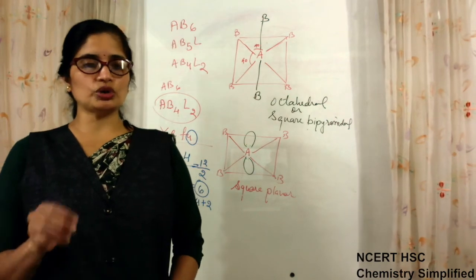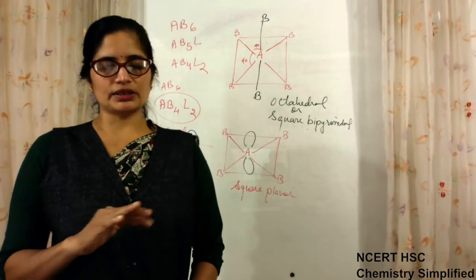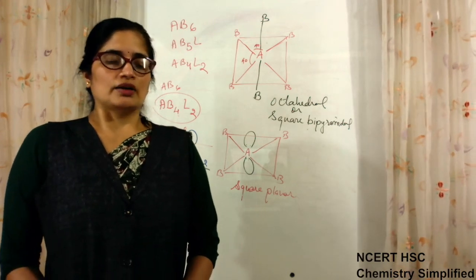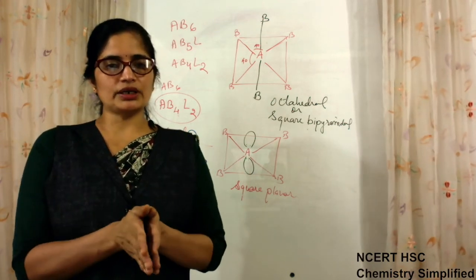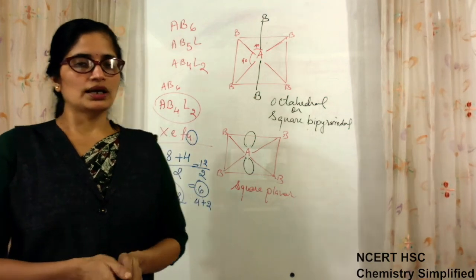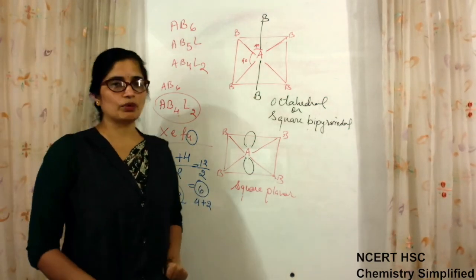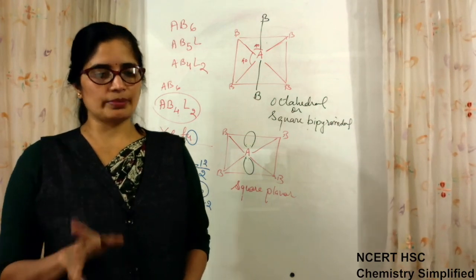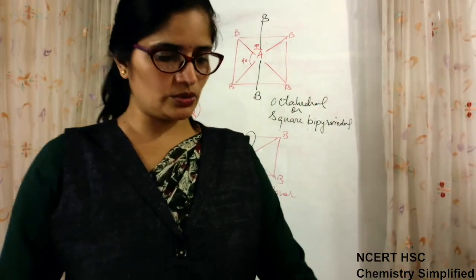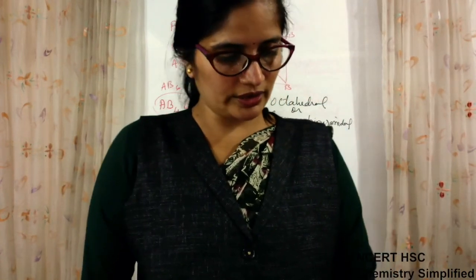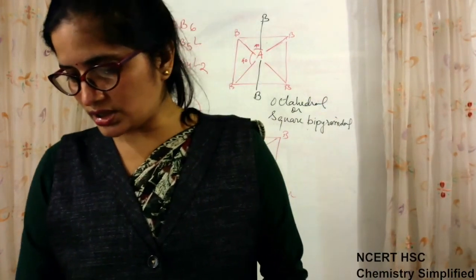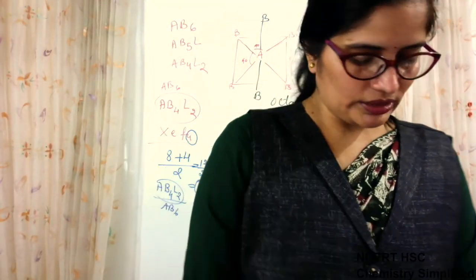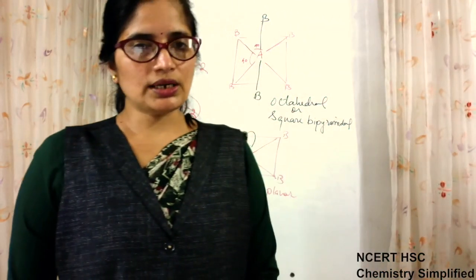Now what you need to do is, you have the chart summary of this given in your textbook also. That summary you just copy down in your notebook, and you have to remember it with the help of that summary. At least remember the normal geometries. With the help of normal geometries you can derive the distorted ones. So this topic is over. Now in the next class we will move to the next theory.